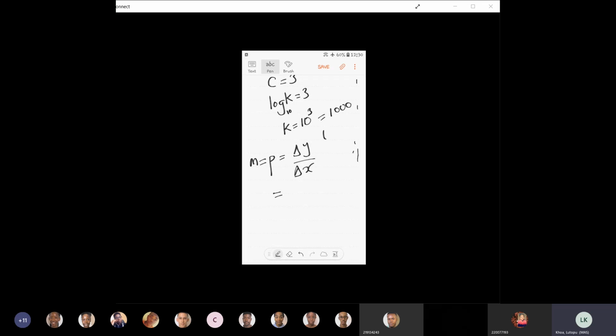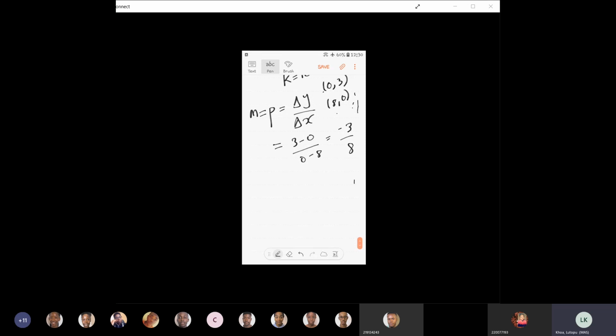So delta y over delta x is 3 minus 0 over 0 minus 8, which is just negative 3 over 8. So that is my value of p. I'll leave it like that just to be accurate. Then I can rewrite the equation of the relationship between a and x. It was like this: a is equal to